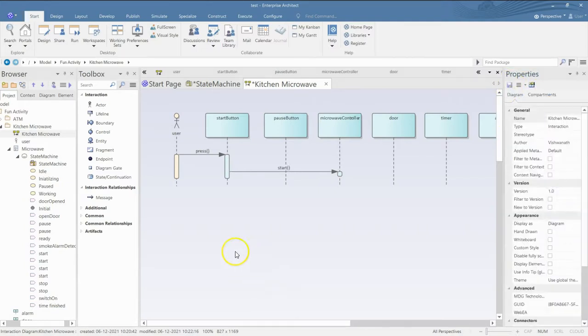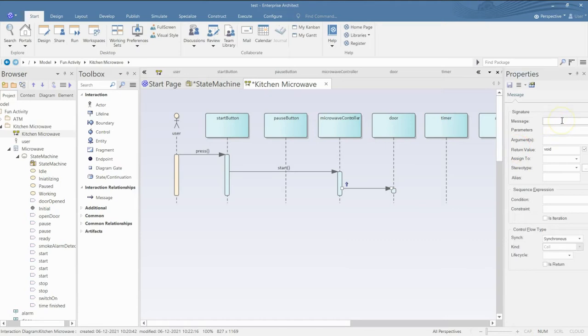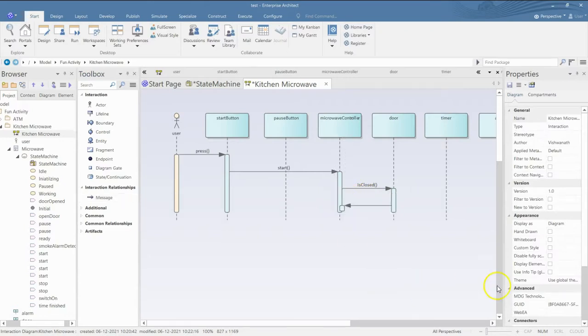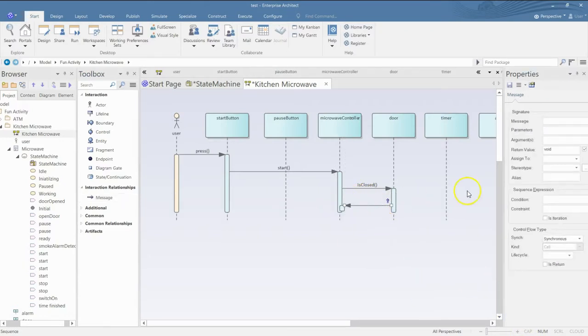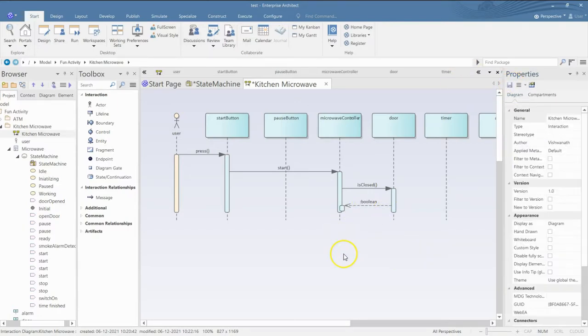And what the controller will do is it will first check with the door whether it is closed, and let us say it returns yes. So basically here I am trying to show that it is a return message. It is a return, and the return value is boolean, true or false. And let's assume here that this is yes or true, that it is closed.